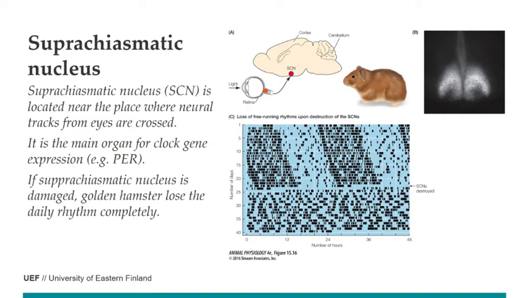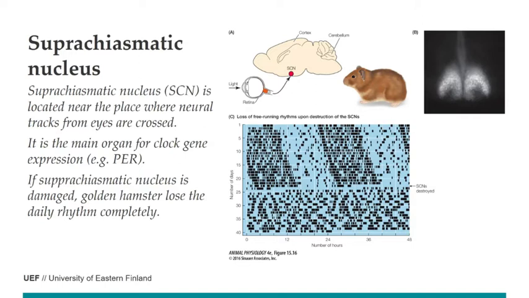So after the first day, on the second day it's a little bit later, and the third day a little bit later, etc. And then during day 25, when the suprachiasmatic nucleus was destroyed, the activity is completely chaotic. There's no longer any kind of rhythm, where now the animal is active and now it's resting. And it should be active on the second day at the same time. So that's why the suprachiasmatic nucleus has something to do with keeping our